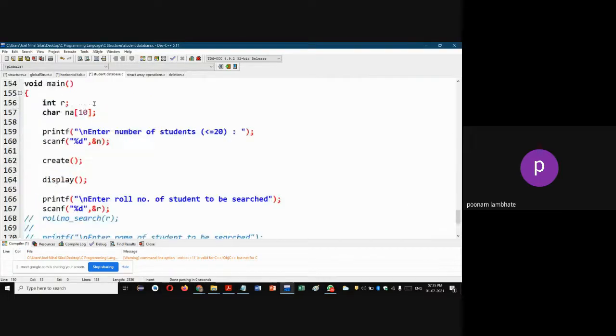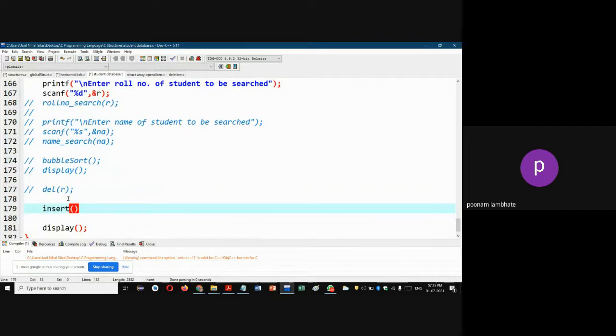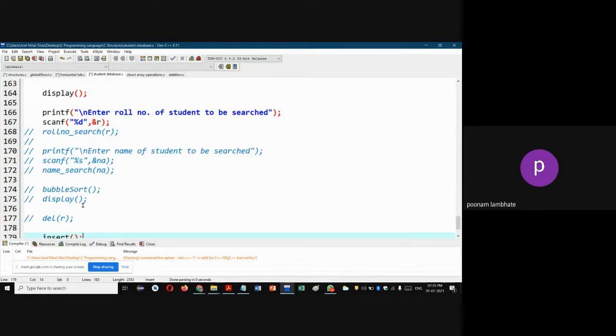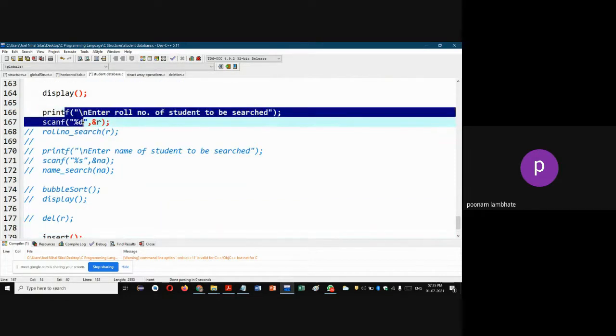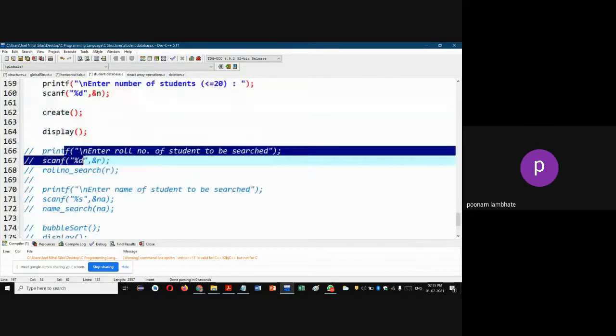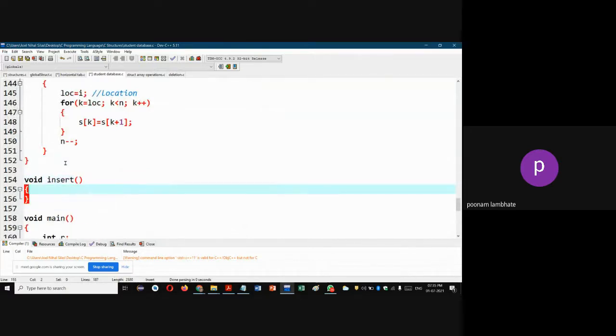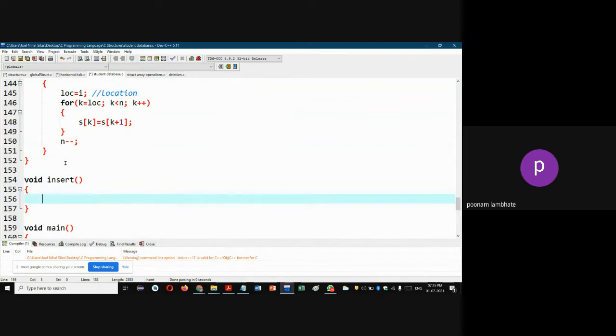So we have deleted also. We can also perform certain insertion, say an insert function. I need to define this insert function. It means you have created your database, but now you want to insert some more details of some more students